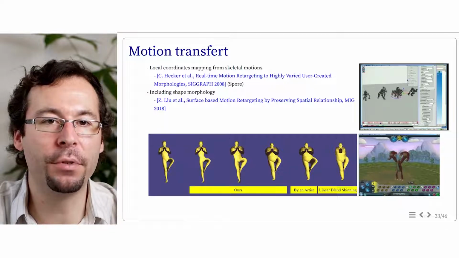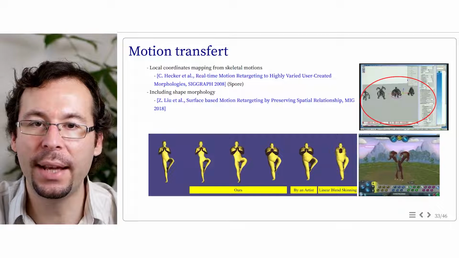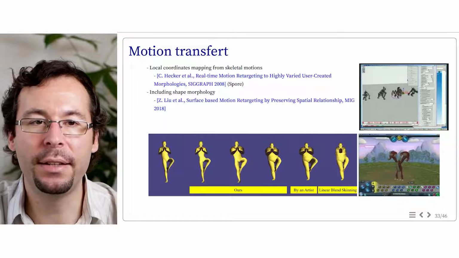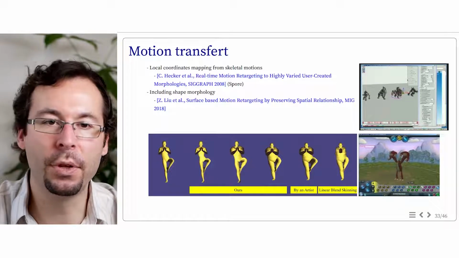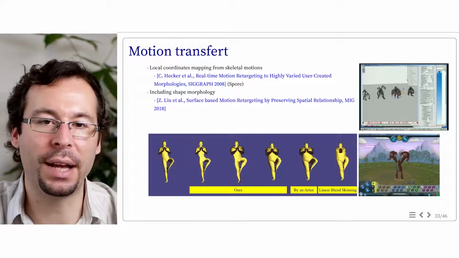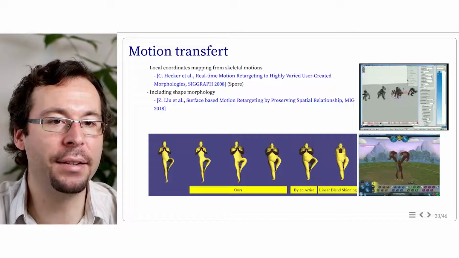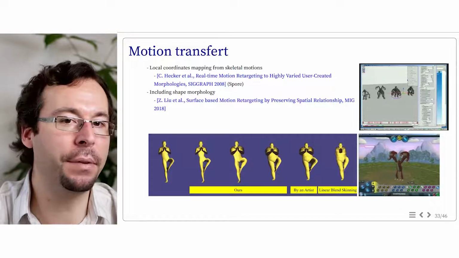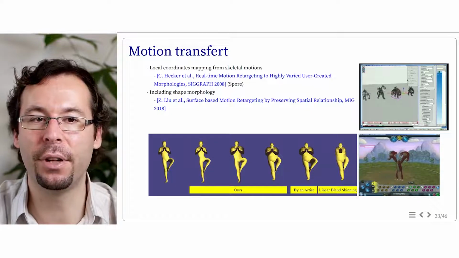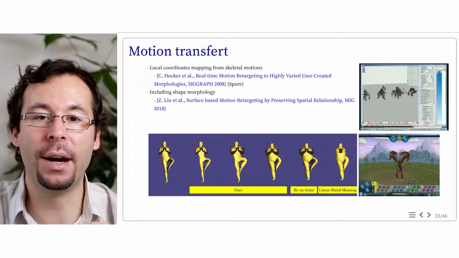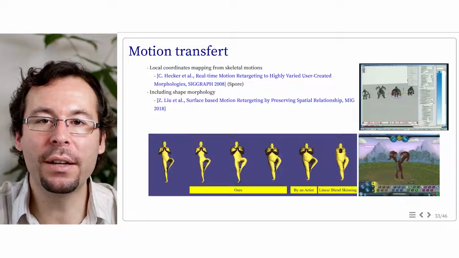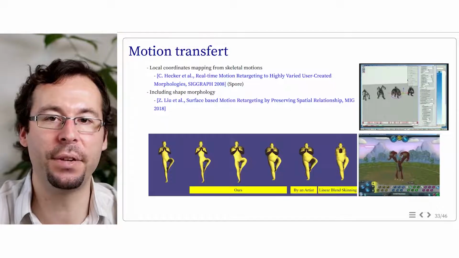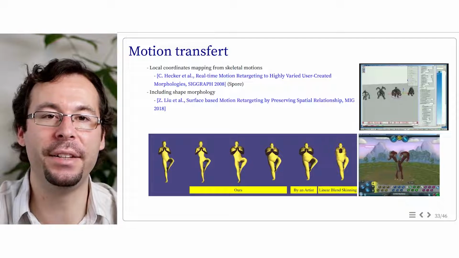One of the famous examples of the use of motion transfer on different morphology is the game Spore, where the motion of the limbs is encoded in some local coordinates, typically relative to the length of the bone, the position of the ground, or the position of a target. And then, when a new hand or a modified one is added to the creature, the local motion of a limb that has a specific function, like walking, grasping, and so on, is mapped back in the global coordinate system. Local coordinates are very efficient and simple to set up, but of course their use could lead to self-intersection, for instance, if the morphology drastically changes.